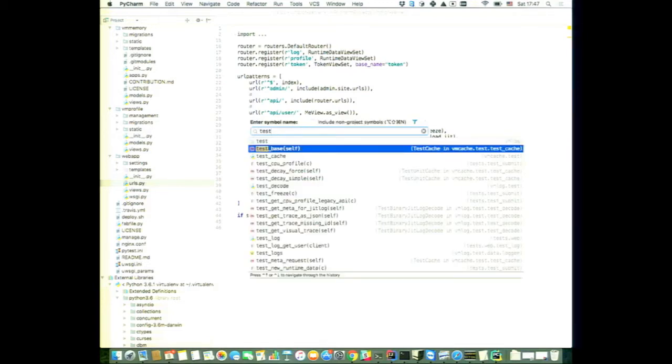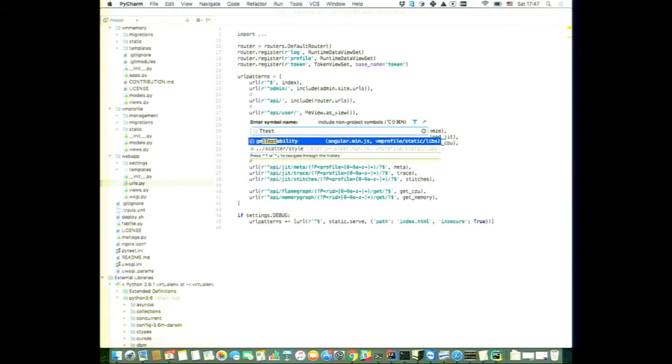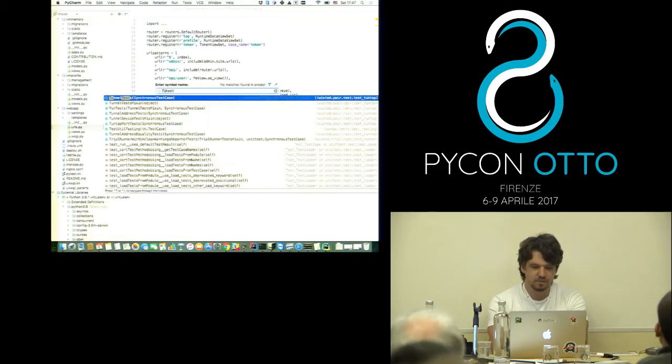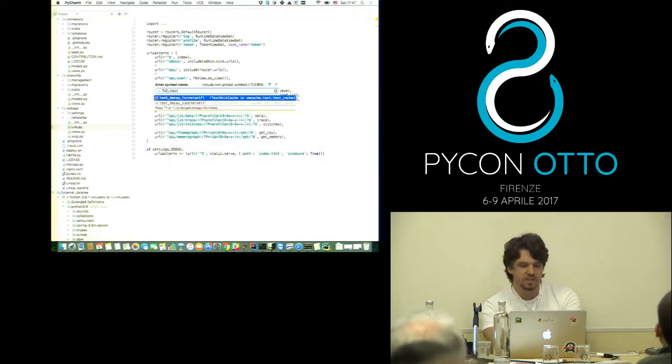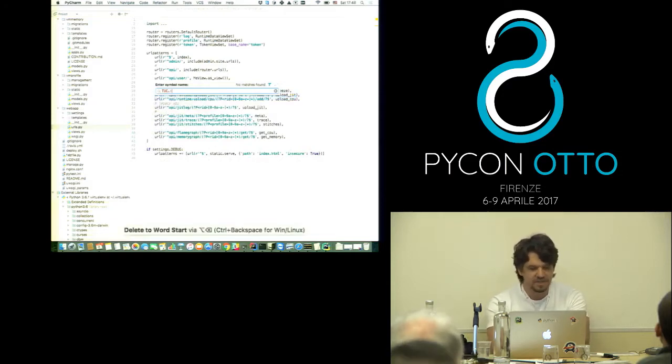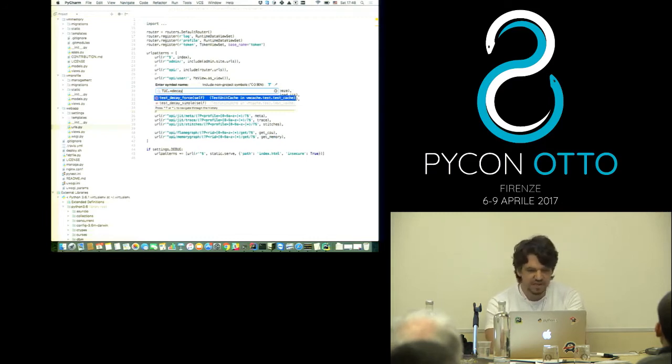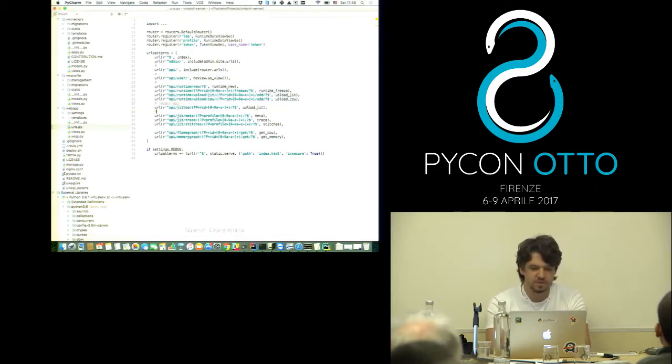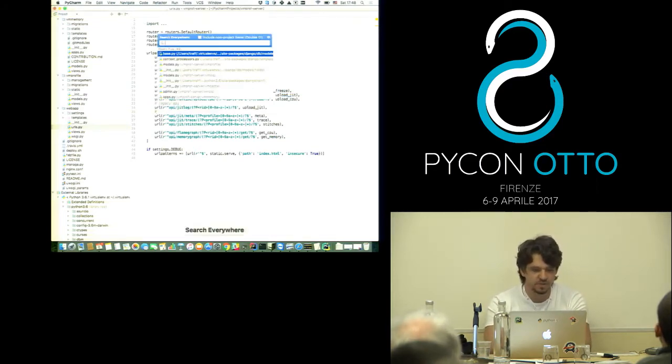And if you, for example, want to find a test in a specific class, you can type here something like test unit cache dot test. And if you think that it's something decay, you can also search like that. It's very handy. If you don't know what you're looking for, whether it's a symbol or a file or a class, you can use the search everywhere action. It's double shift, and you just type